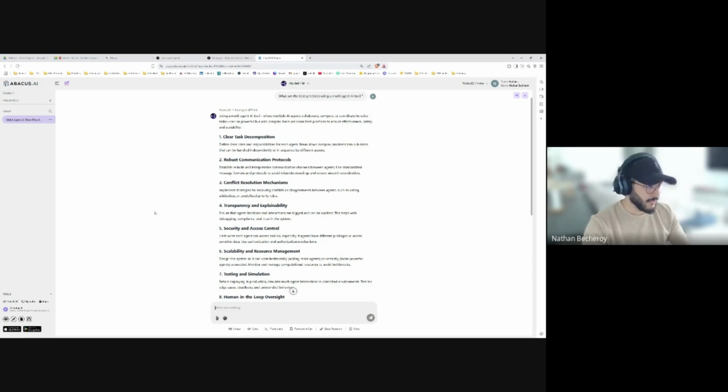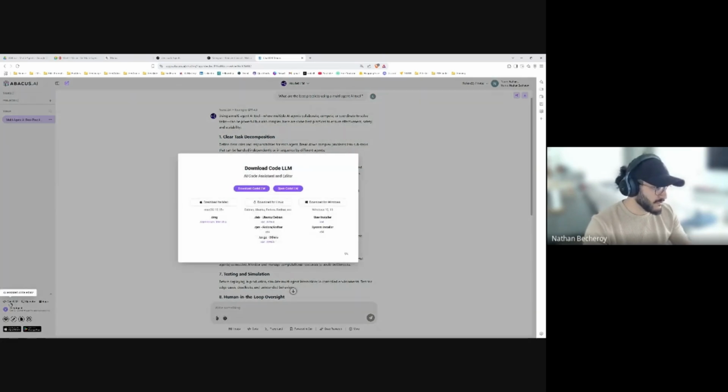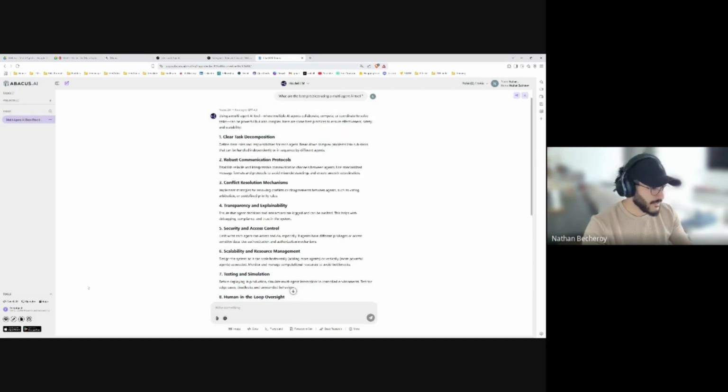Then you have Code LLM, which is an AI code generator assistant. If I click here, it will open it in another window directly in the cloud, or you can download it and use it on your Windows, Linux or Mac.